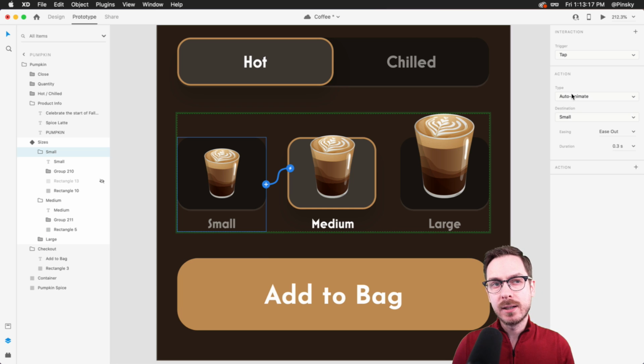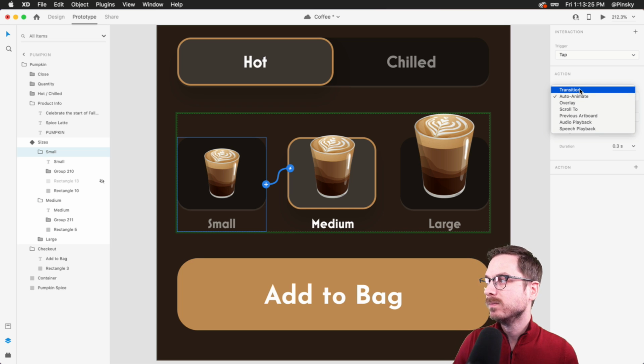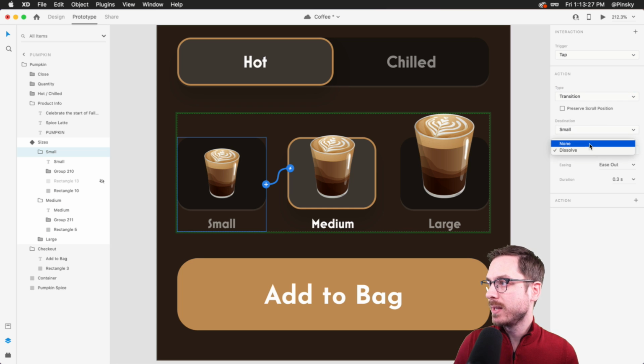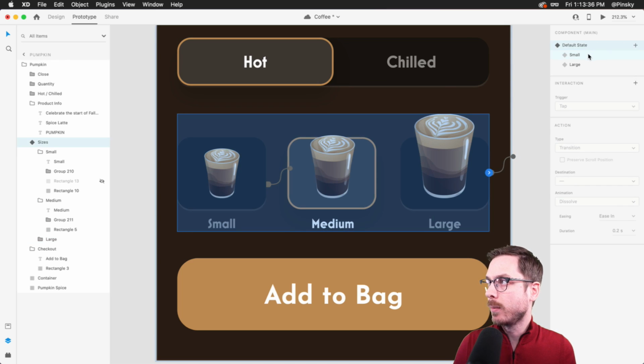It's going to automatically default to Auto-Animate. Now, in this case, there really isn't anything that's going to be moving across these different groups and states. So transition should work with a simple none for animation. I can also do the same for large. And I'm going to choose the large state. That looks good. Now I'm going to go back, pressing the escape key to go back up 1 level